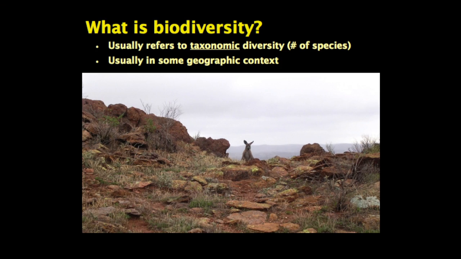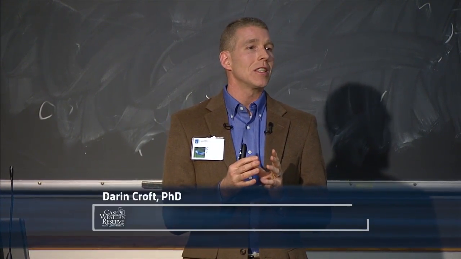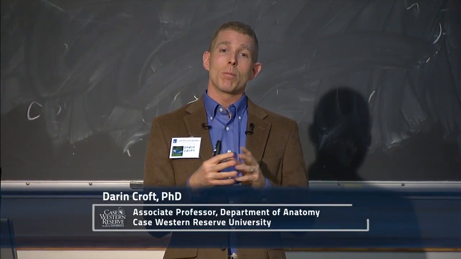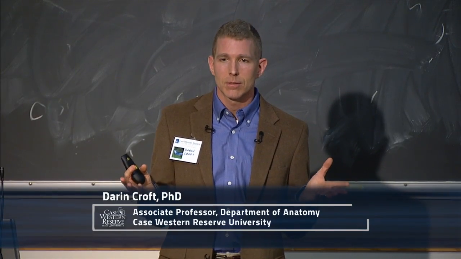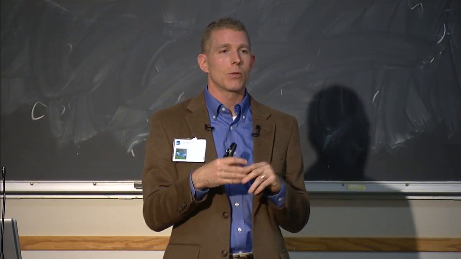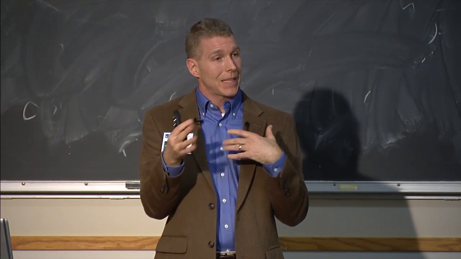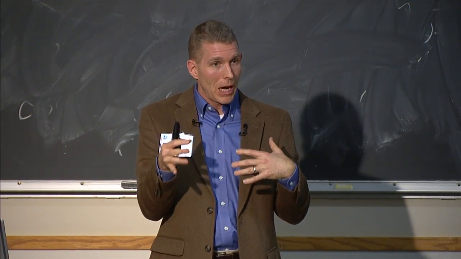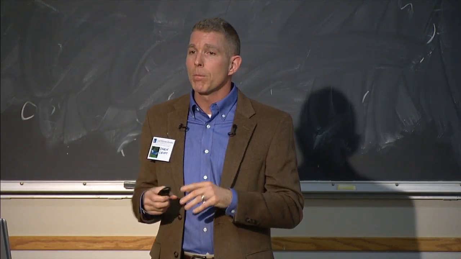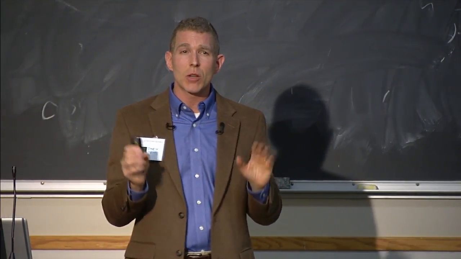One of the prime factors that affects species diversity is area. As you get a bigger area, you get more species. And that's hopefully intuitive, and we could talk about lots of reasons about why that is. But if you're comparing taxonomic counts, it's important to compare equal areas. But anyway, when we talk about biodiversity, it's generally in a certain place, and we're generally counting numbers of species or other taxa. If you're counting, you then need to ask a question: how do we measure biodiversity?